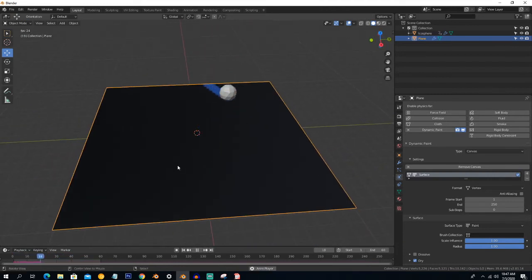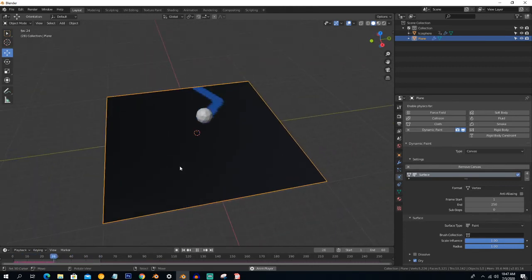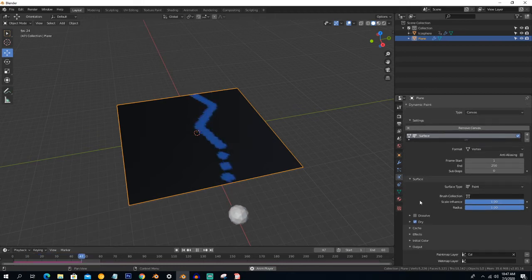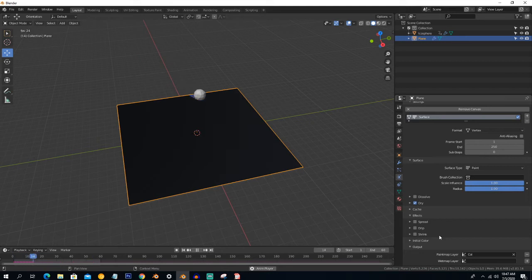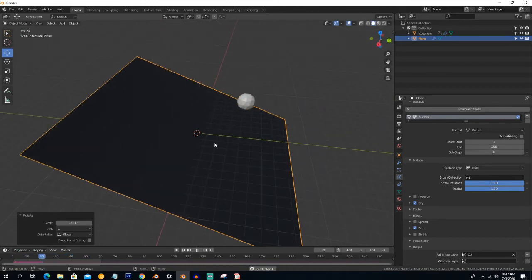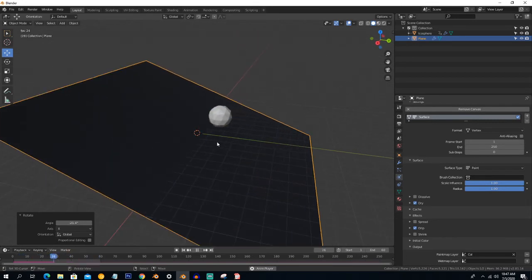So these are our dynamic paint options. By default it is the paint option for surface, and we will look into the other options also. So first we will talk about the effect options. Here there are three options. The first option is the spread option, which, as the name suggests, spreads the color. And the second option here is the drip option, which just drips the color. You can see that it is just dripping,